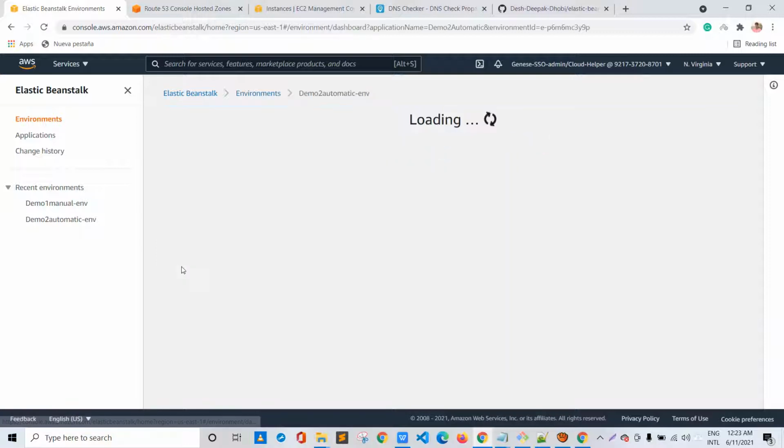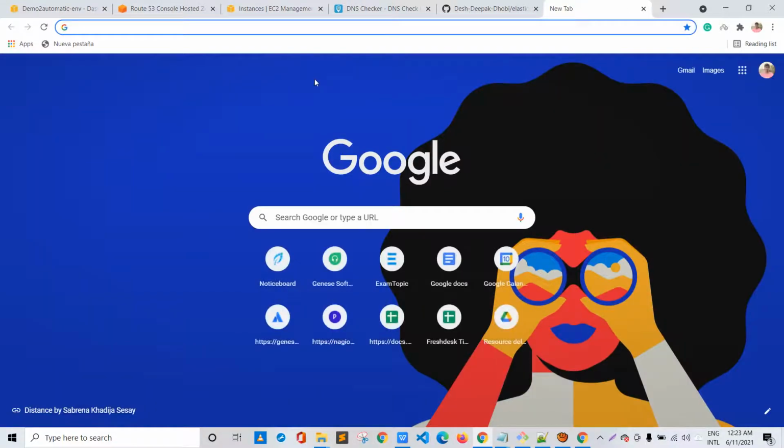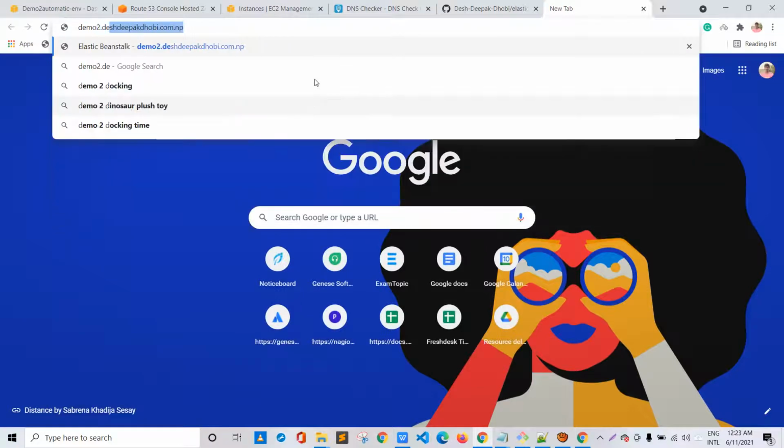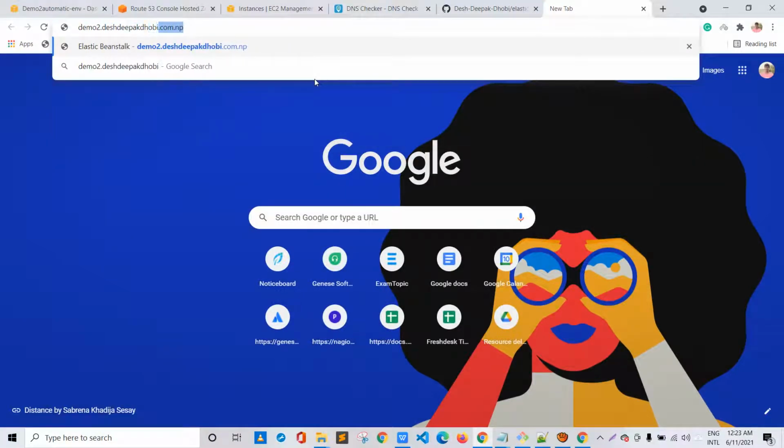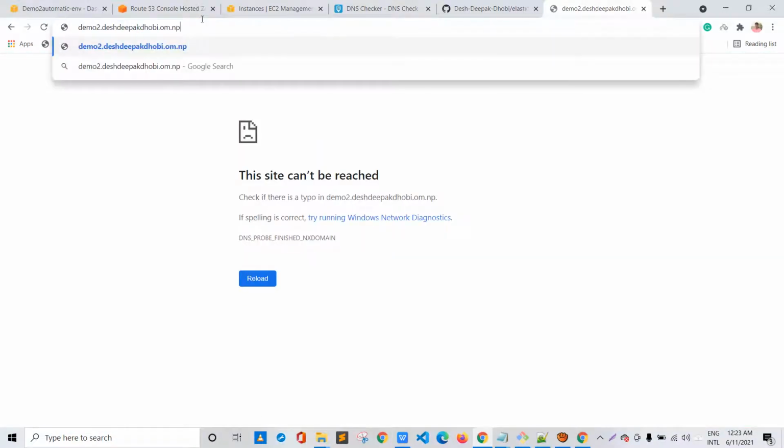I'll go inside it, and as I have said previously, I have also mapped the DNS endpoint of this Elastic Beanstalk environment with the DNS name demo2.desdeepakdhobi.com.np. Okay, I just made a typo.